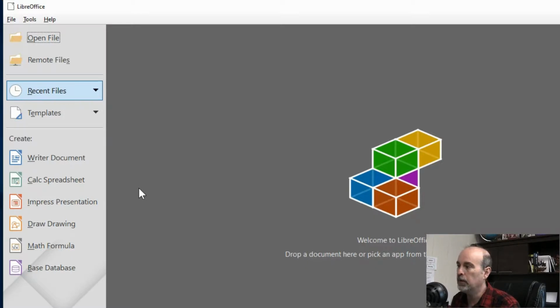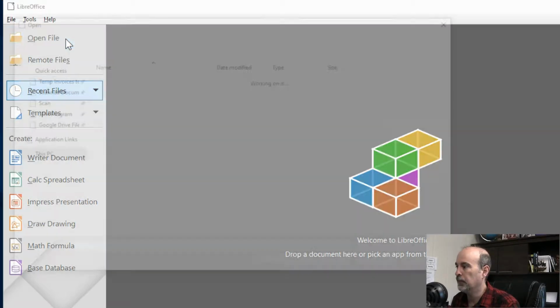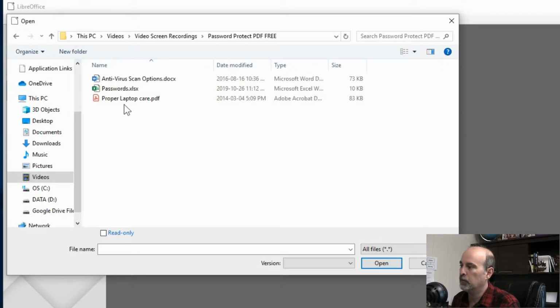We're opening the main LibreOffice, which from here allows you to open different types of documents or create the different types of documents. So from here we want to open one of these files. We browse to the directory where we're going and find my PDF document and hit open.